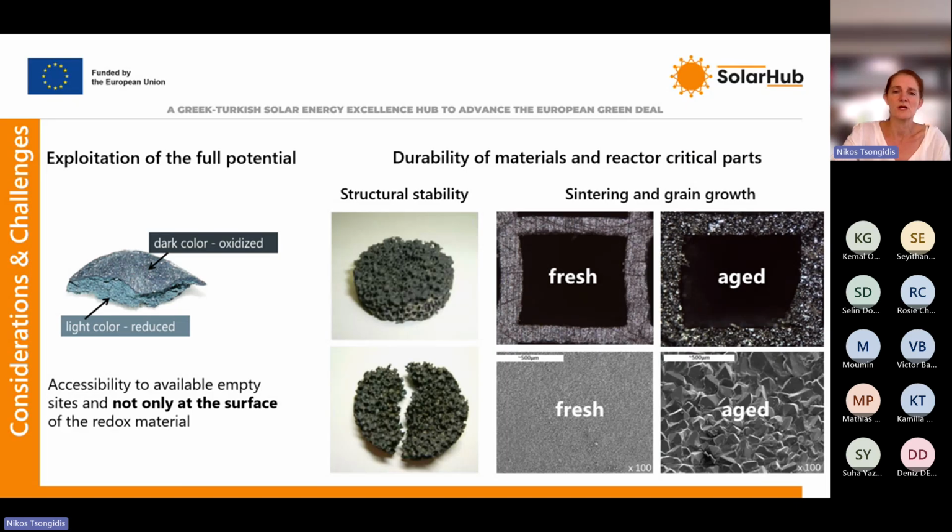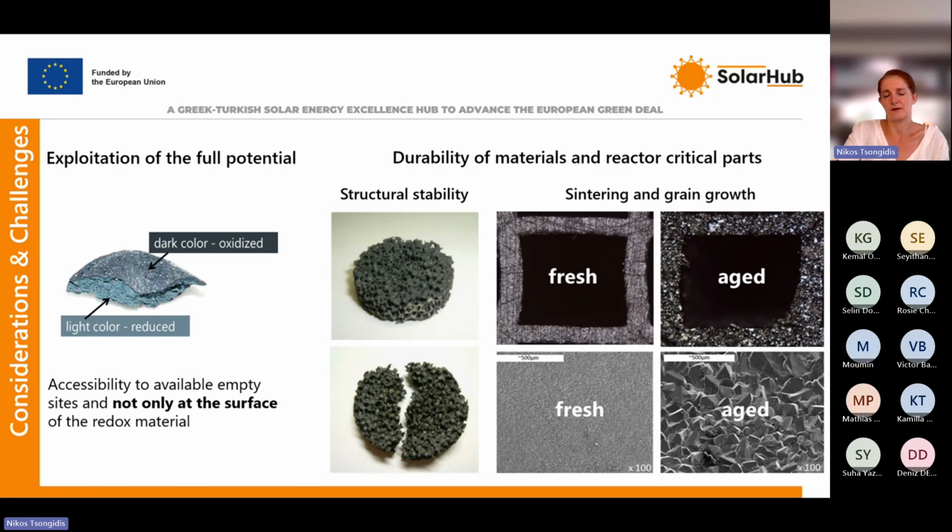Also, another issue is the durability of materials and the structural stability. This was also mentioned in the previous presentation, but it is something that is very important to achieve: material structures or material formulations that can be durable during multiple thermal reduction and splitting cycles, which means that they have to be durable under stress, under high temperature conditions, very high temperature conditions, and oscillation between very high and lower temperatures, and also under reducing and oxidizing conditions, which may affect both the mechanical strength of the structure as well as the material itself,